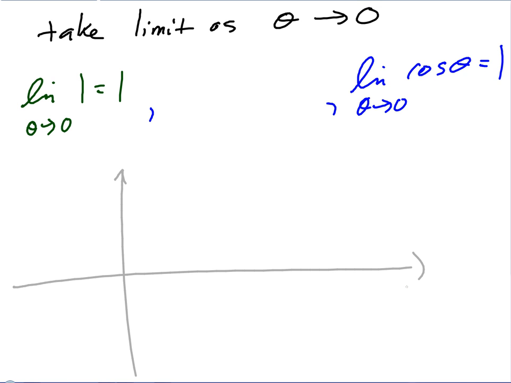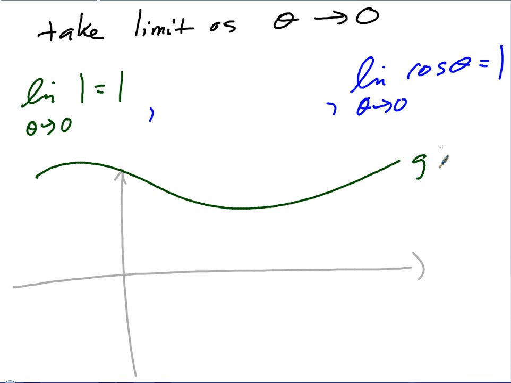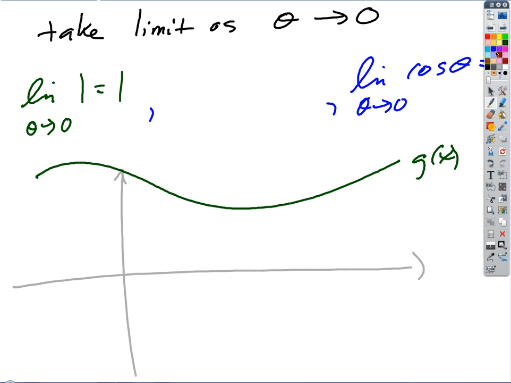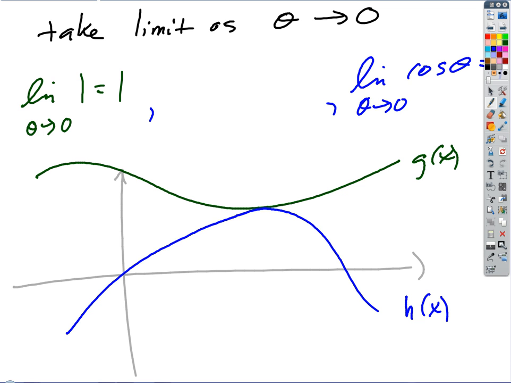All the squeeze theorem said was, if we had some green function that I think we called g of x, I don't remember what we called them, and we had some blue function that we called h of x, and we had some red function that was pinched in between the two functions, at least in the vicinity of some value that we're interested in, call it c. So in the neighborhood of c,